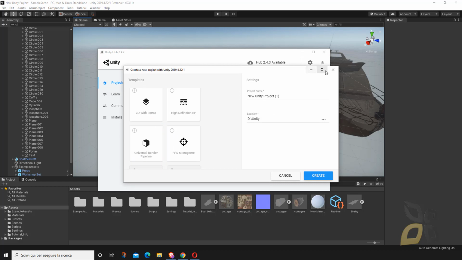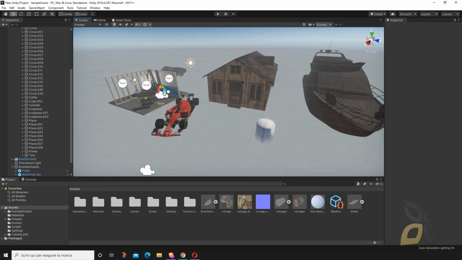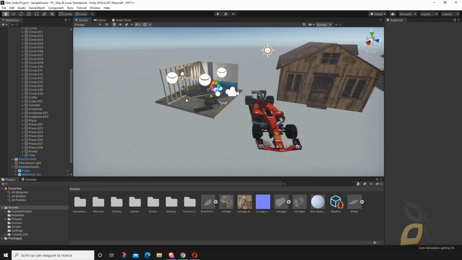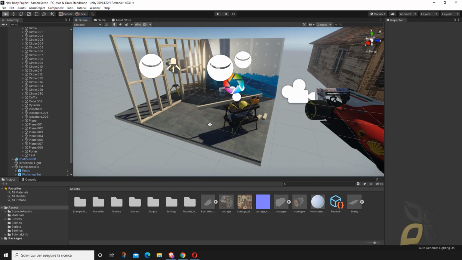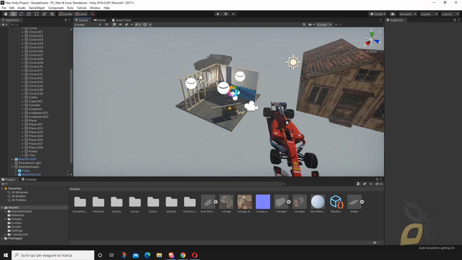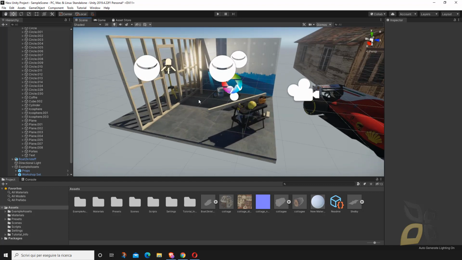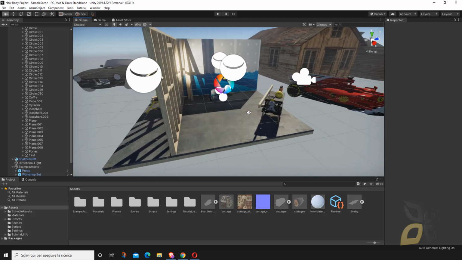For beginners, you will find this little scene here, which is really nice, so you won't have total emptiness. You have something that you can test the export with.